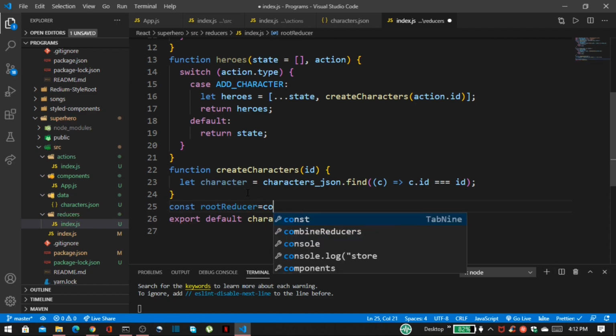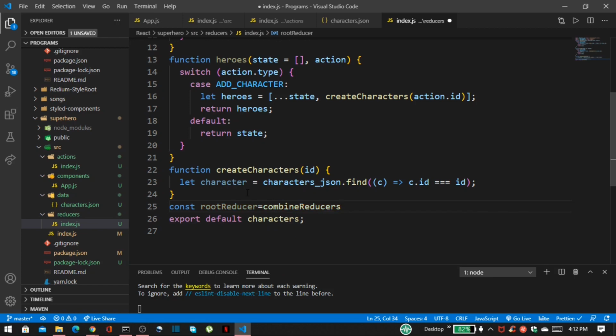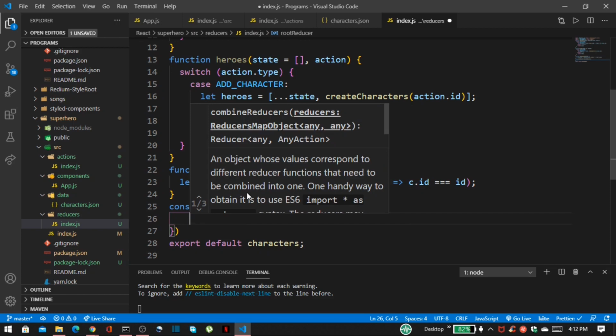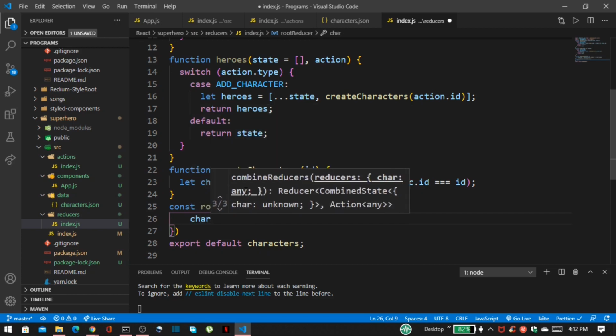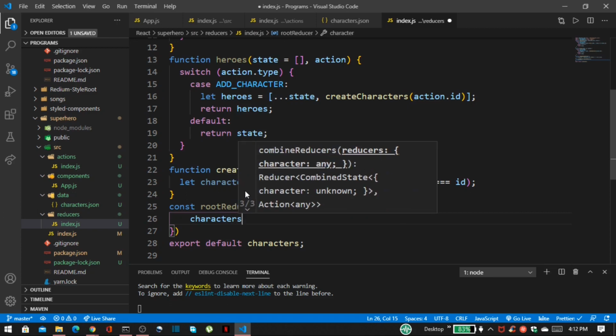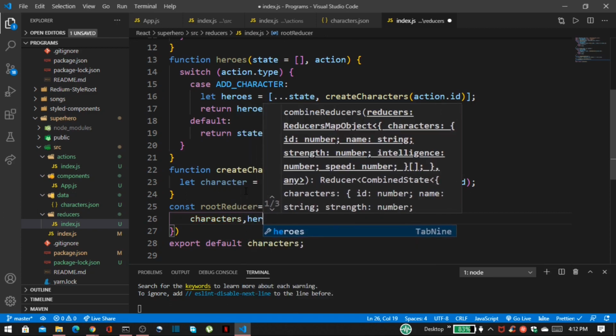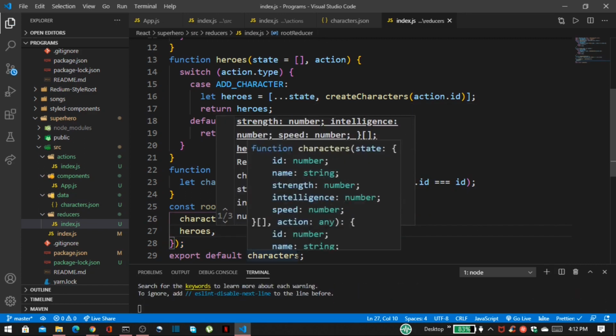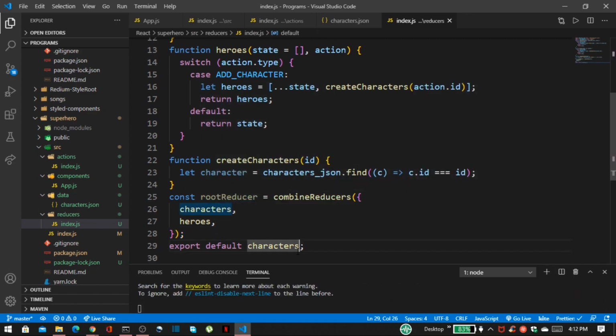Here we have to use that combine reducers, and inside that we have to pass all of our reducers, that is characters and heroes. Now save this, and instead of these characters we have to pass this root reducer.